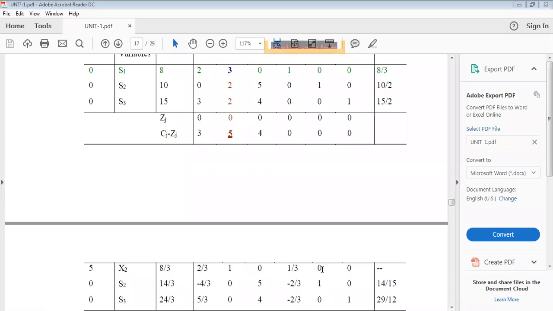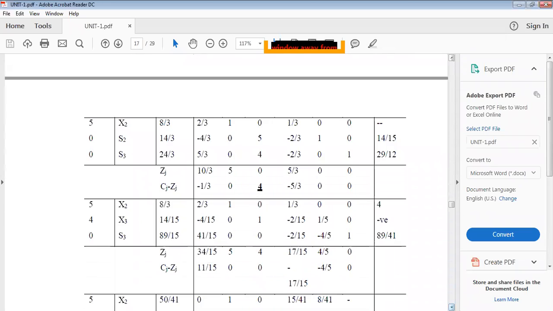With respect to this new R1, you have to carry out the iterations on the corresponding elements. So like that, you will get this particular thing. This is the next iteration. Everything is over, and now you have to identify ZJ. You have to calculate ZJ here. How do you calculate? Previously, there were 3 zeros. If you multiply everything, you got zeros. And CJ minus ZJ, you got 3, 4, 5, all those things, isn't it?